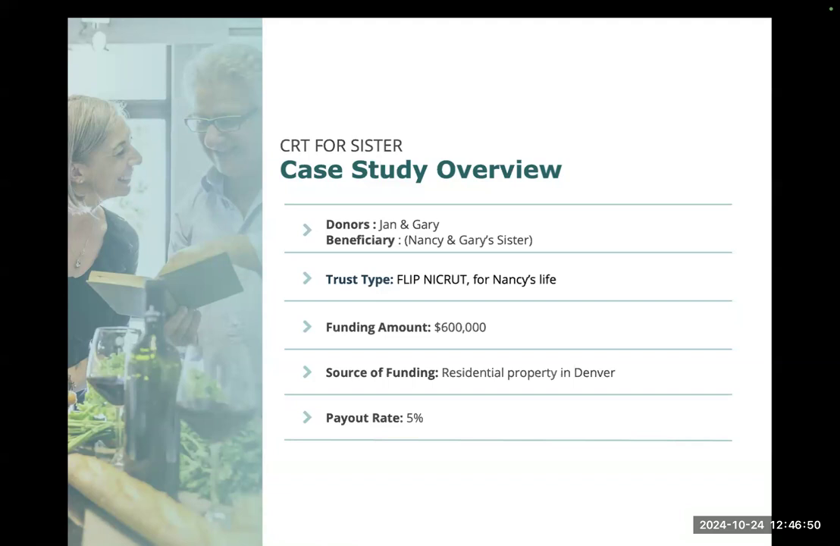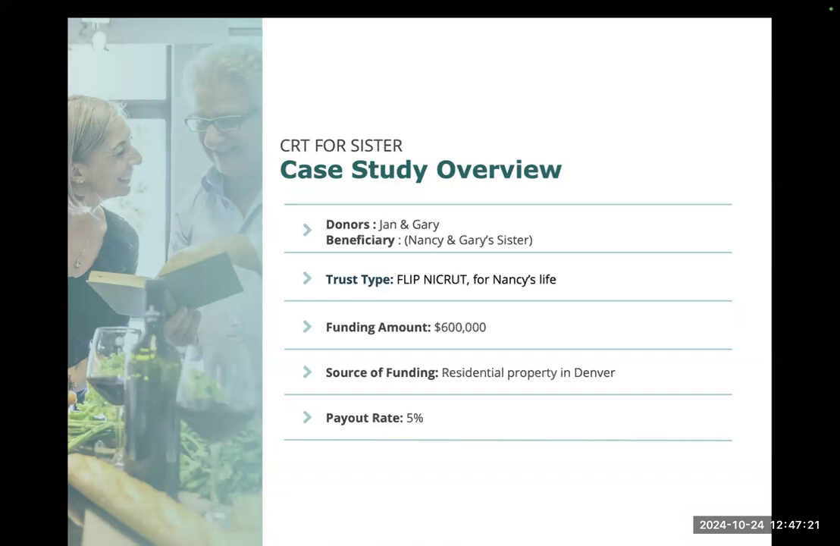So the idea is let's donate this real estate to a flip net income charitable remainder unit trust, like what we talked about at the beginning, and set this up for Nancy. Jan and Gary don't need the income, and so the property appraised for around 600,000. And this happened over the summer. Property's already sold, and it's going to flip on January 1 of this year,